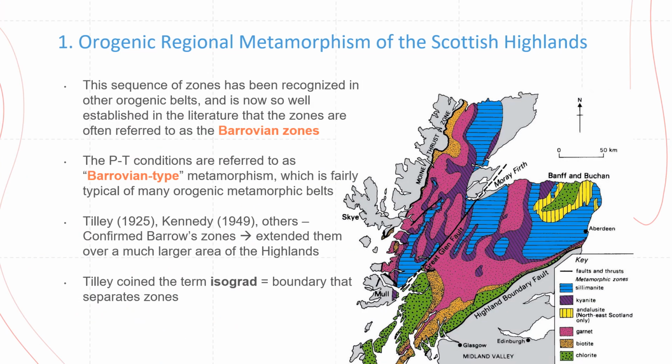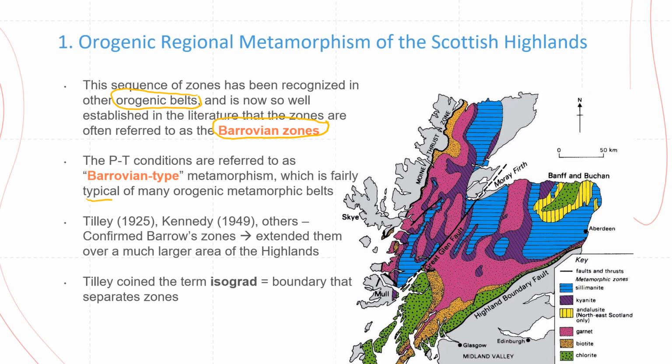So this sequence of zones has been recognized in other orogenic belts, and it's now so well established in the literature that these zones are often referred to as Barrovian zones, so named after John Barrow and Barrow's area. So the PT conditions for this area would be called Barrovian type metamorphism, which is actually quite typical of